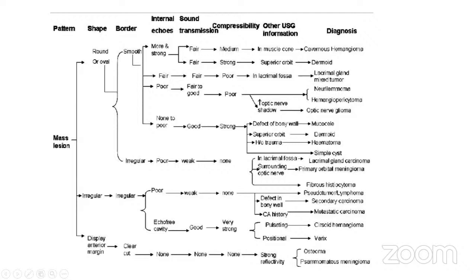It could be along with the presence of carcinoma, and it could also be a metastatic carcinoma. If it is an echo-free cavity with good sound transmissibility and presence of pulsatile motion, it could be a hemangioma, and a positional variation could indicate a varix. Then, if the anterior margin is clear-cut and there is strong reflectivity, it could be an